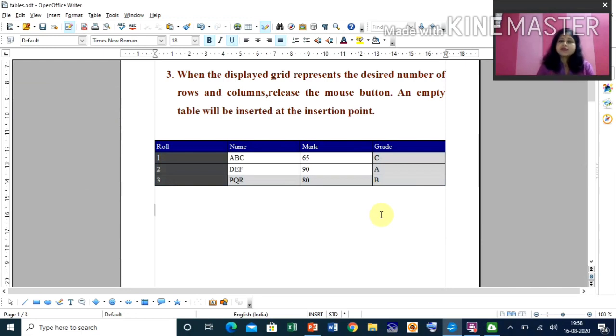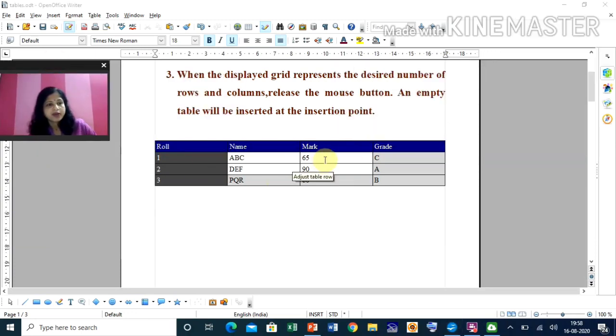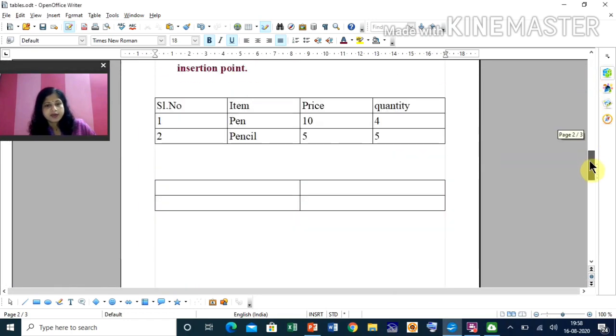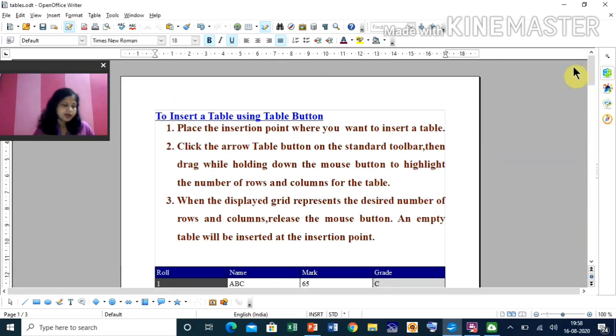Okay, so this is a very simple but very useful thing. You may use it in your life also whenever you make a document. Hope all of you understand this, and if you see this video also you can understand. Those who have a computer at home, you can practice how to insert a table in OpenOffice, and how to change the look of the table using table auto format. Okay, and other properties of the table we'll read in the next class.